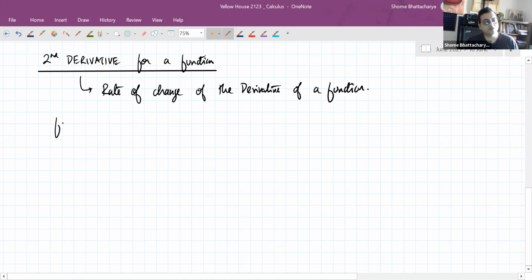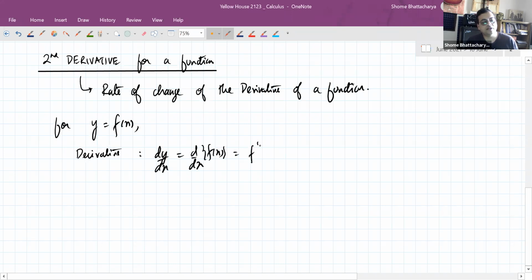So basically for a function y is equal to f(x), the derivative, as we know, is nothing but the instantaneous rate of change, which is the differentiation operator applied on the function, which in short form we write as f prime x. So this is the derivative. Okay. Now the second derivative,